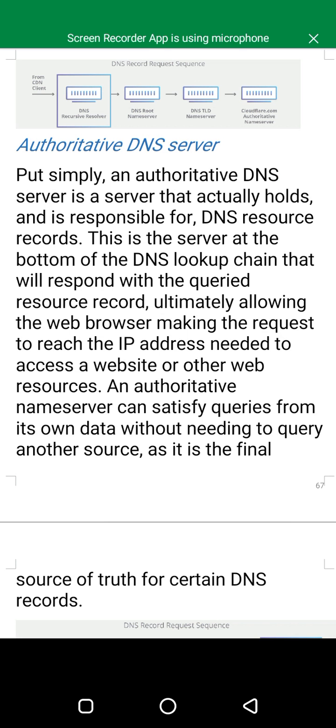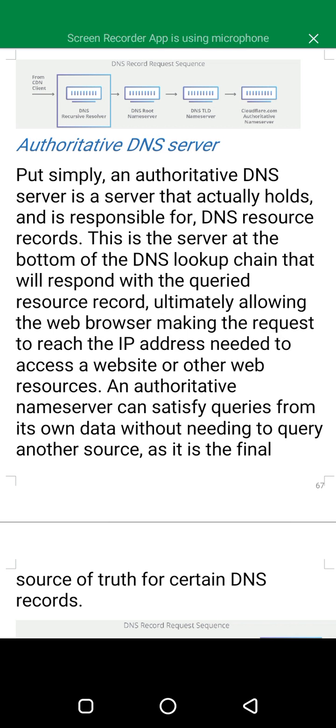Authoritative DNS server. Put simply, an authoritative DNS server is a server that actually holds and is responsible for DNS resource records.